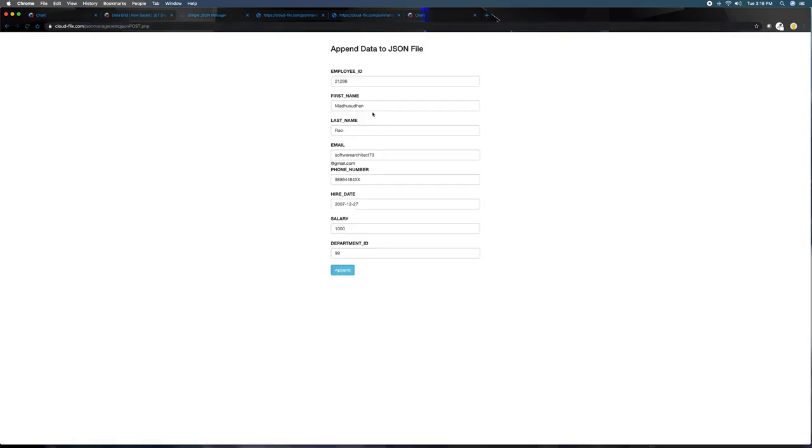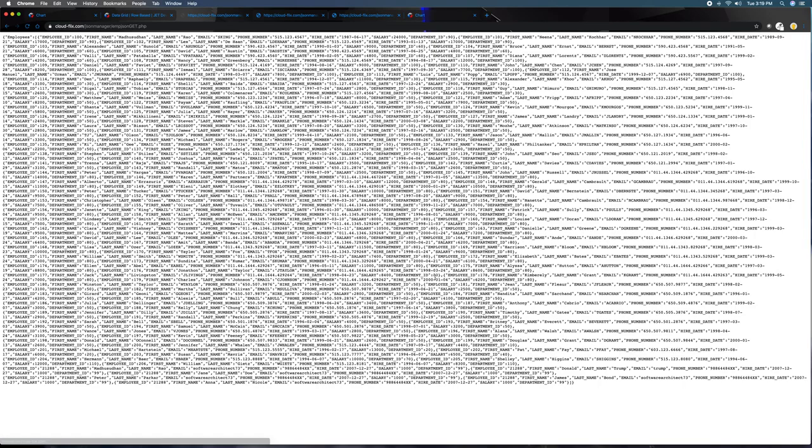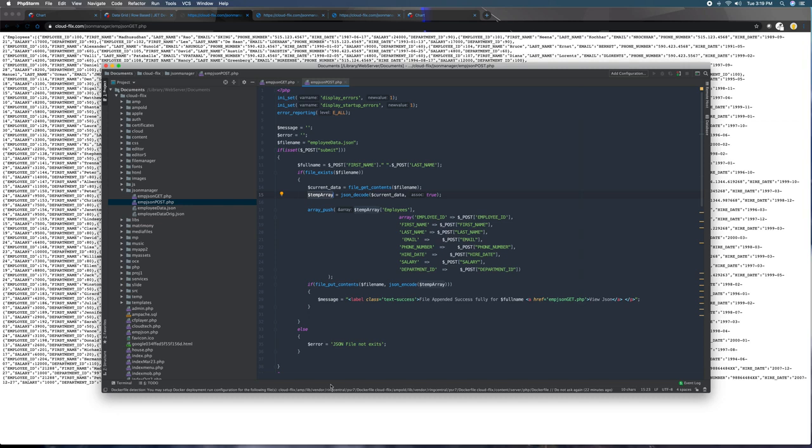This is the file. I'm adding a new record saying canonical. I click on append. So the form has been submitted. When you view JSON, you see canonical has been added. So if I look at the source code,